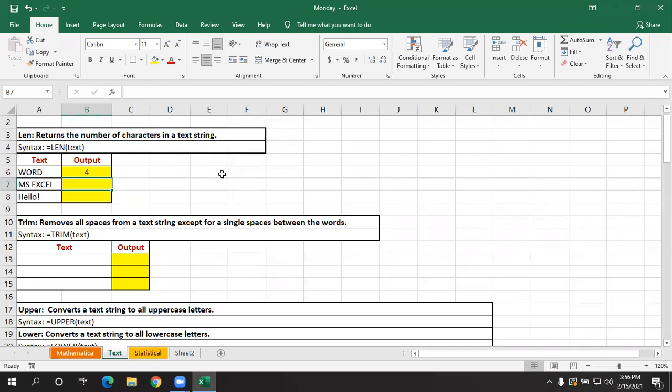Previously it showed 4, because here we have only 4 characters. But what about this cell? How many characters does A7 contain?